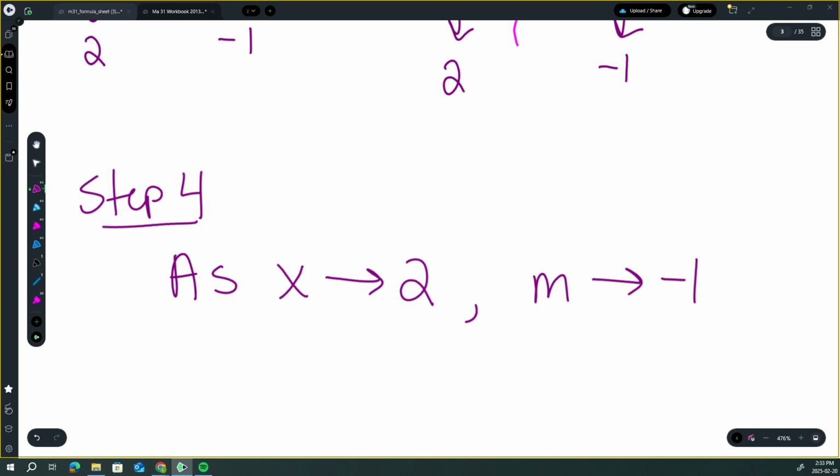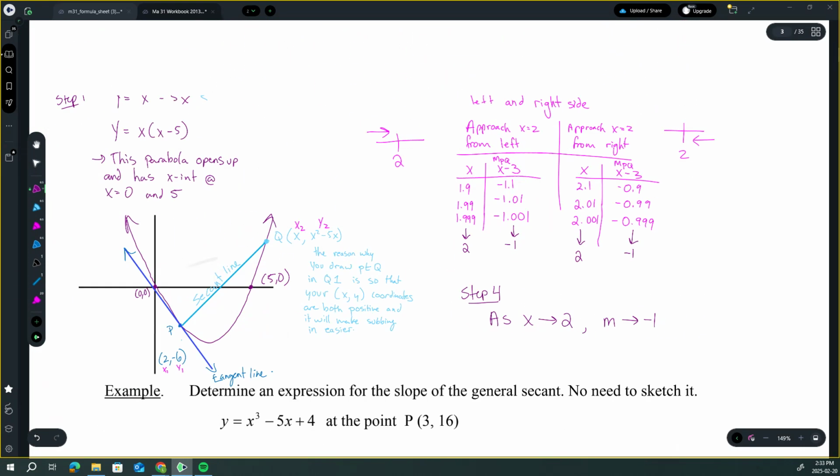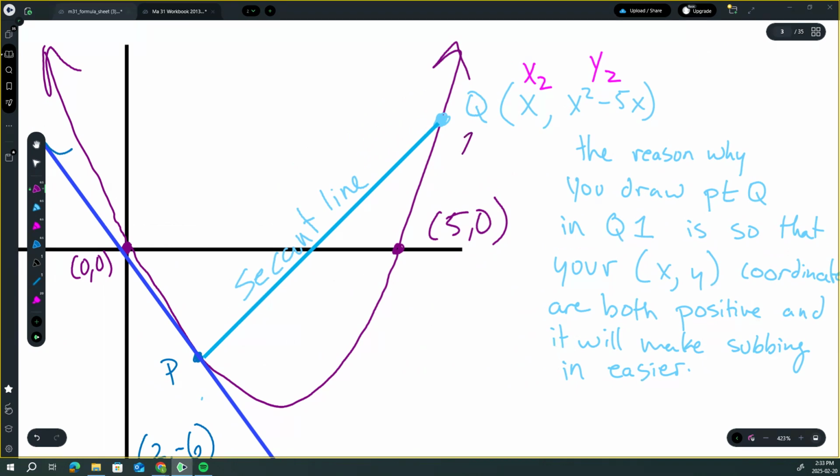Now remember, the slope of your secant line, this blue line here, as point Q moves closer and closer to point P,